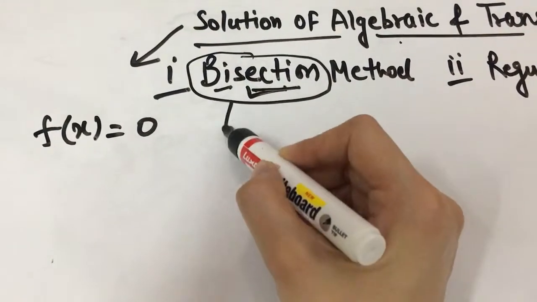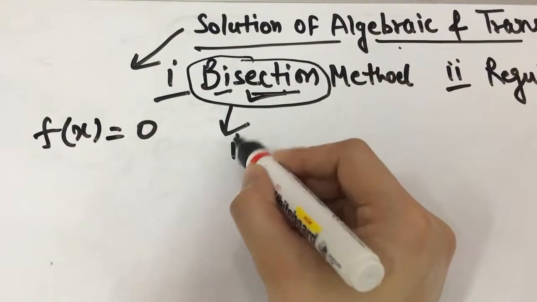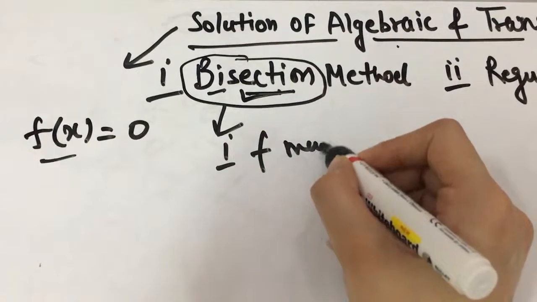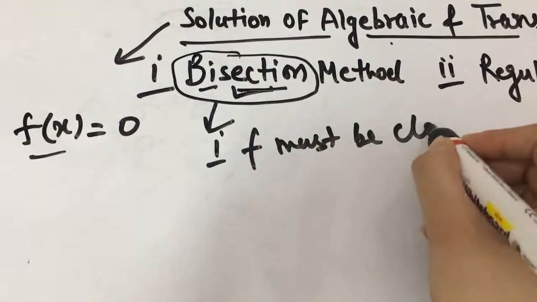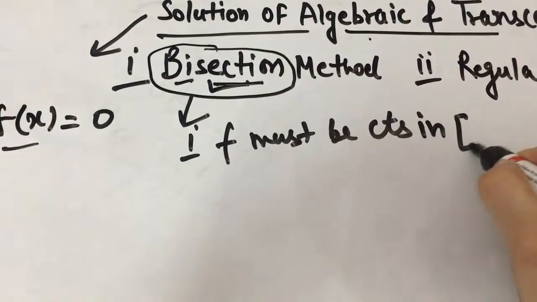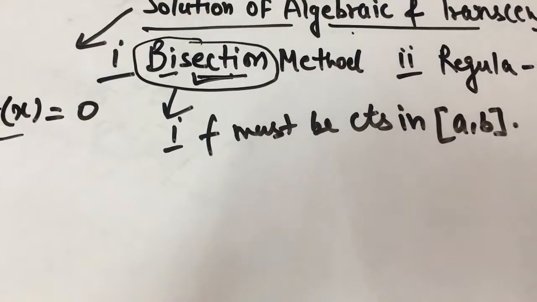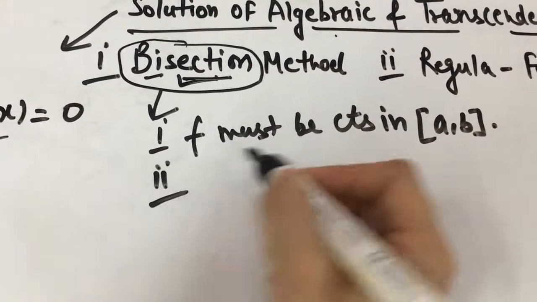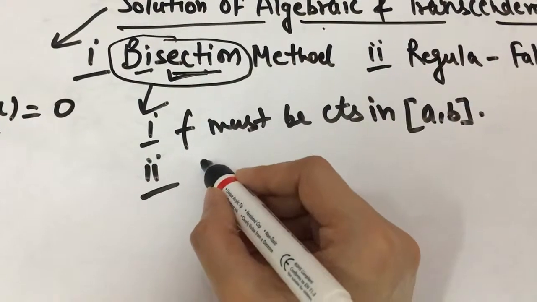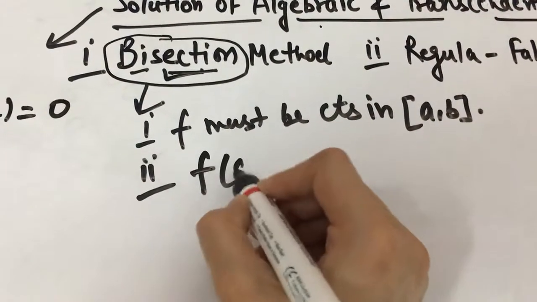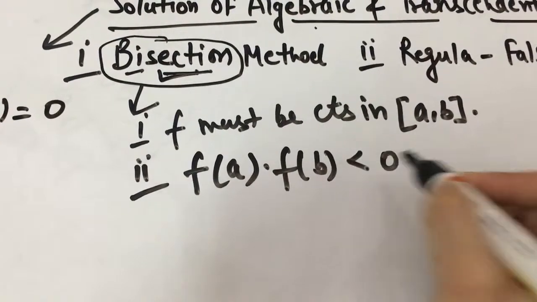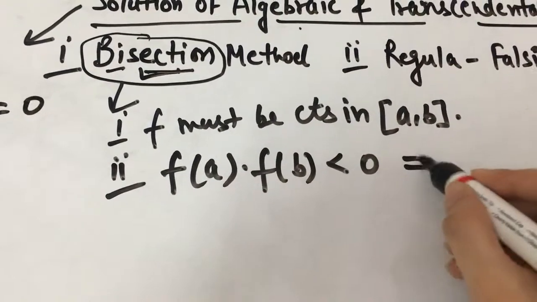So first condition for bisection method is that our given function must be continuous in domain A to B. This is our first condition. Second condition is f(a) into f(b) less than 0. That means